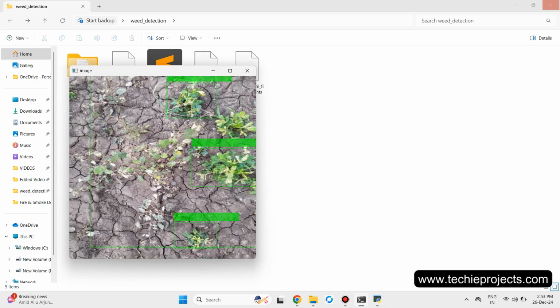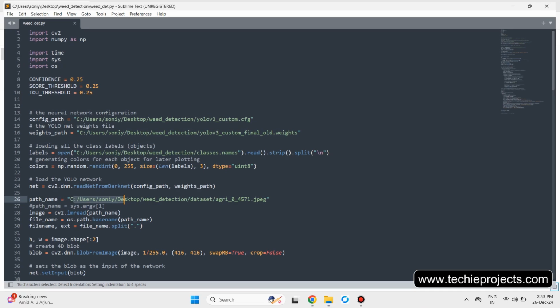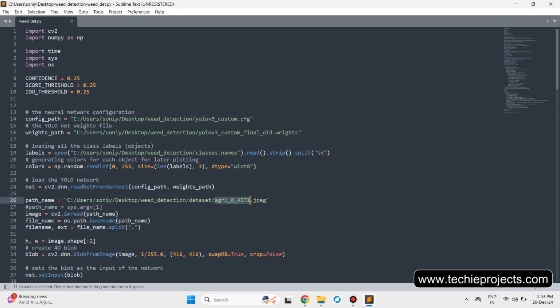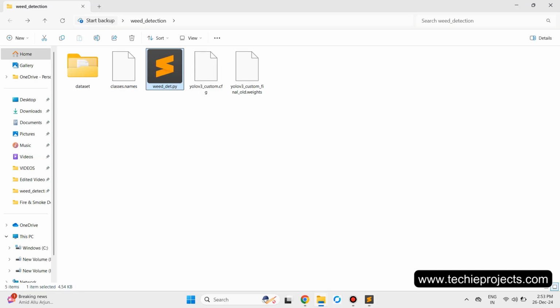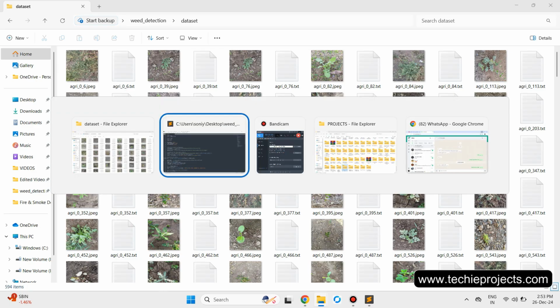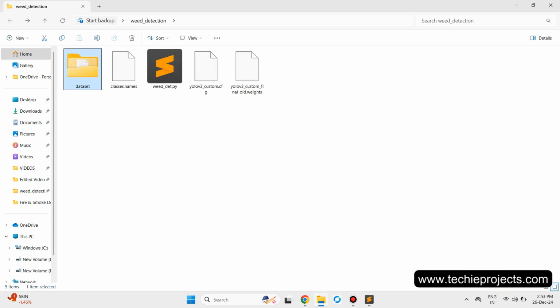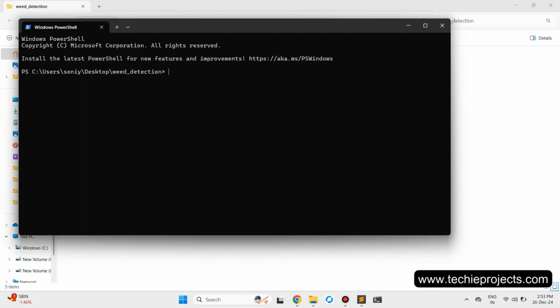Okay, so let's change the image name. Go to the dataset folder and just copy that image name, and again go to the Python code and rename that name. Okay, just save and again run the Python file. Okay, we have given the jpeg image. Okay, let's again open the terminal and write python space weed detect.py, and the model will load and detect the image